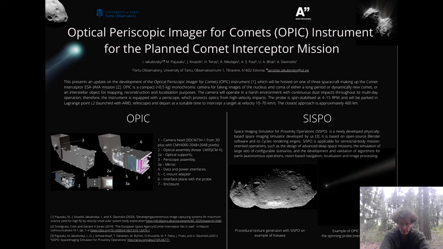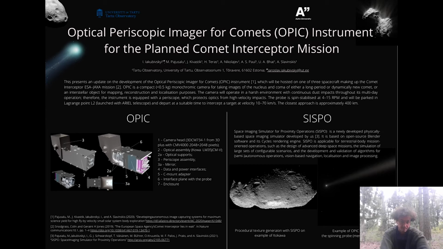I'm a PhD student at the University of Tartu in Estonia, and we are developing an optical instrument for the Comet Interceptor mission. It's an upcoming mission of the European Space Agency and the Japanese Space Agency, to be launched in 2029. We will study either a long period comet, a dynamically new comet, or an interstellar object. So the target is not known as of yet. There's a list of potential targets, but we will park in Lagrange point 2 and be waiting for our object